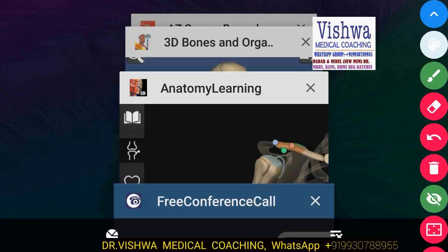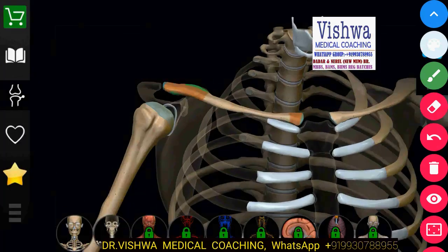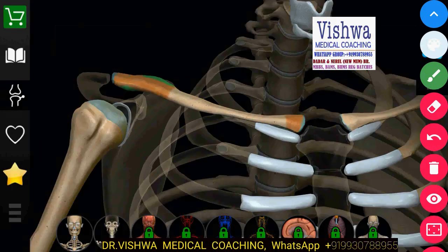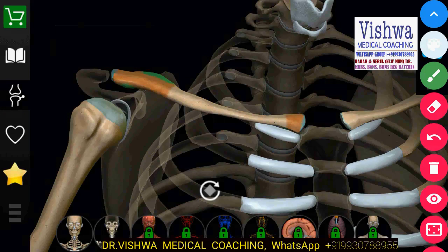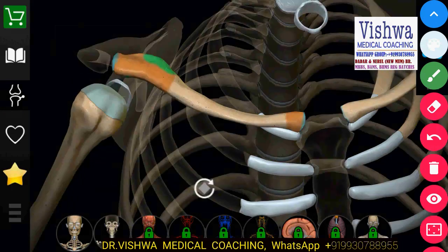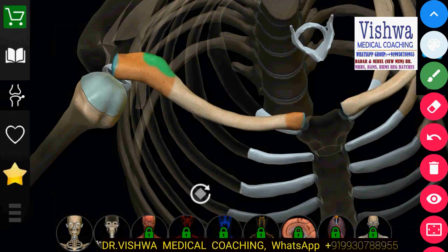Now let's go in the similar way about some bone. Let's say for example, I am going to be talking about some bone right now. We have got some 3D animations which will be helping us to understand it. So whenever we are talking about any bone, let me first talk about, as you can see, I am talking about the clavicle right now. So how exactly we are going to discuss the clavicle as a bone.